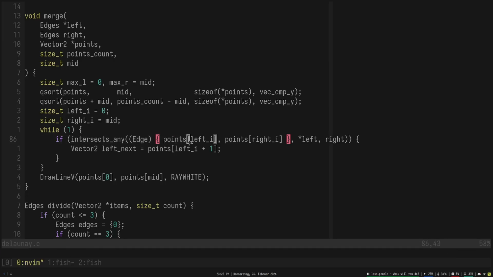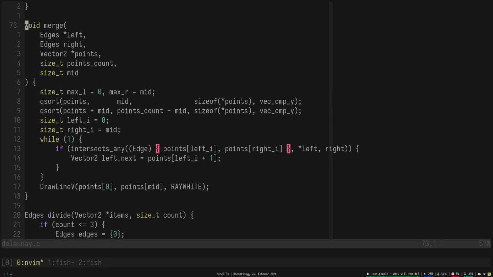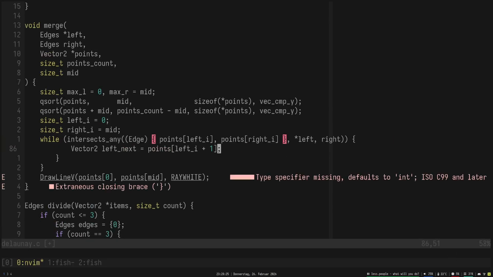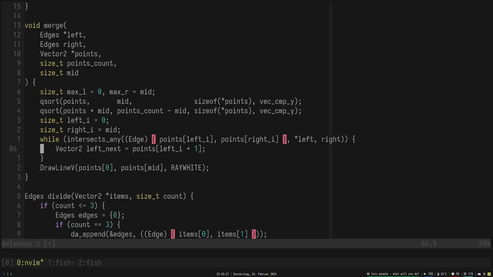If we've got an intersection, then we're gonna do this, and I guess really this just becomes this. So if we have an intersection, then we're gonna do this. The next left is this guy. So really we need to check if